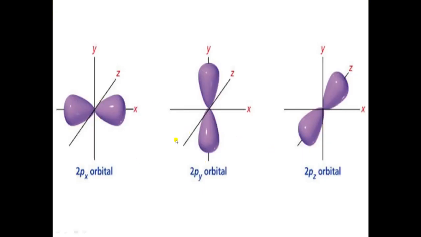So this is the shape of the p orbital. Now this is the x axis, this is the y axis, and this is the z axis. Here electrons are present on the x axis, so the probability of finding the electron is in this region. The electron cloud is in this shape. This is a dumbbell shape, and as the electron cloud is present on the x axis, it is known as 2px, because the shell is 2. Now the electron cloud is present on the y-axis, so it is known as 2py. Here the electron cloud is present on the z-axis, so it is known as the 2pz orbital.